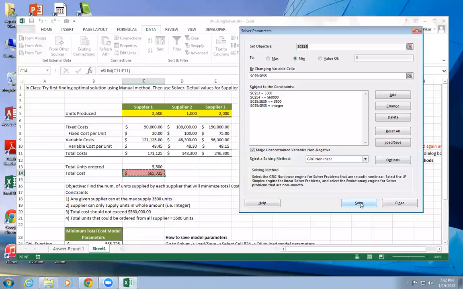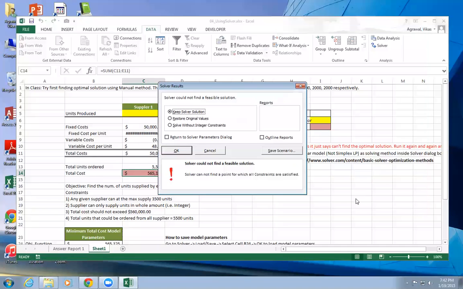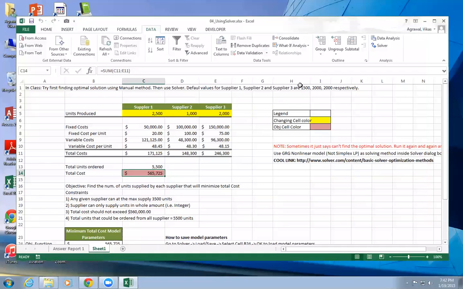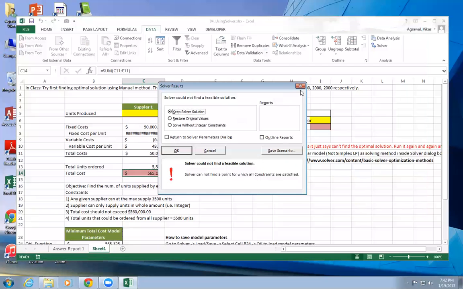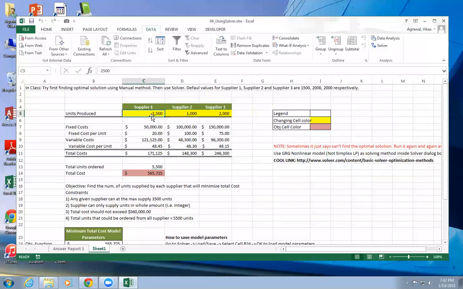So if I say solve here, it says it's not able to find a feasible solution, right? So I'm going to try it again. Okay, it's not able to find it again. So let's change this one to, let's say, 1500. It should find it though.